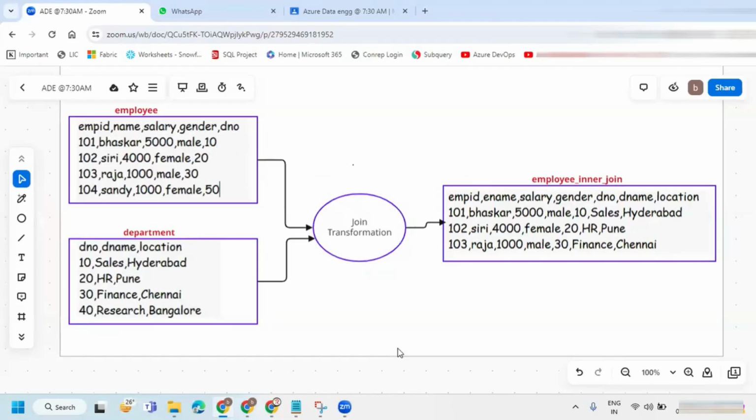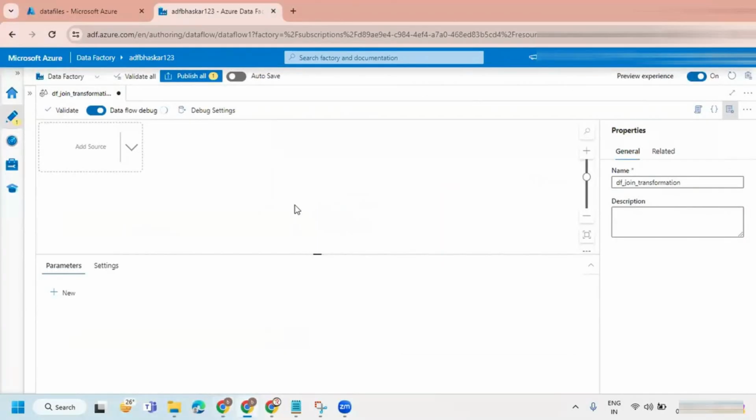Okay, so let's go back to your data factory. Yeah, it is started. Now I wanted to read the data from these two places.